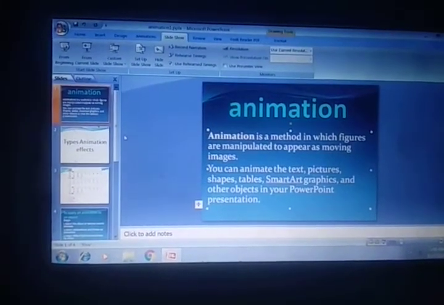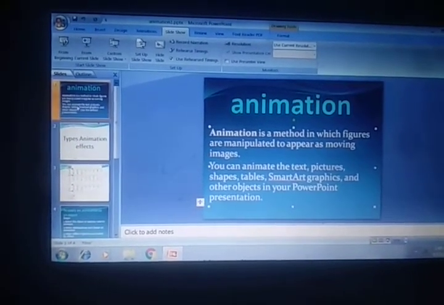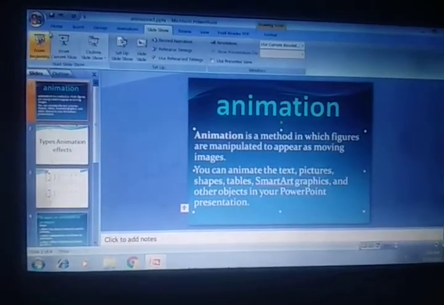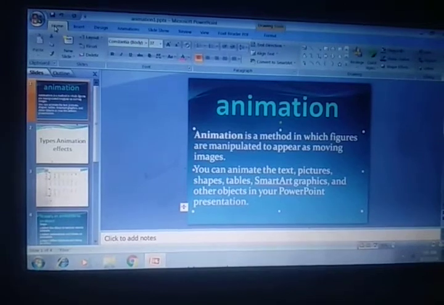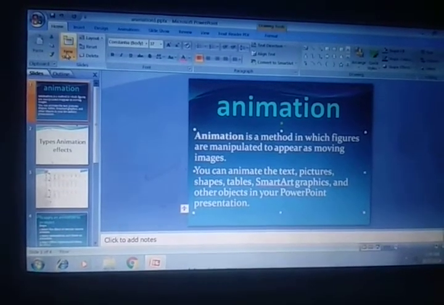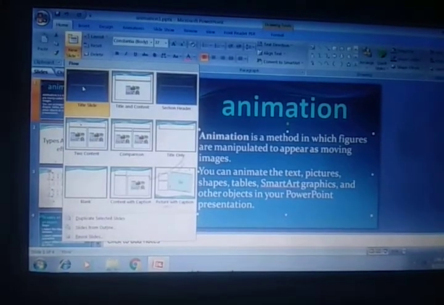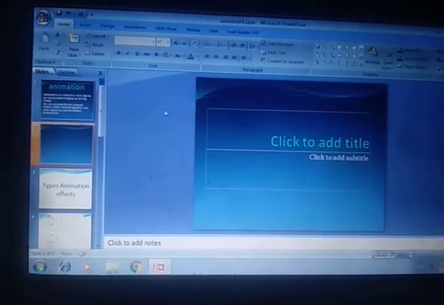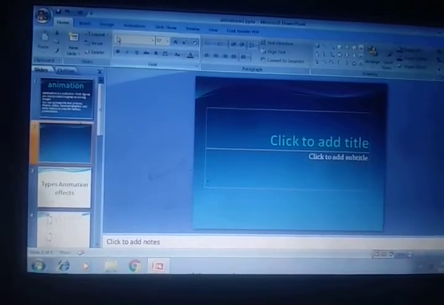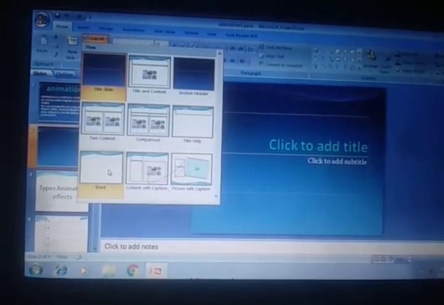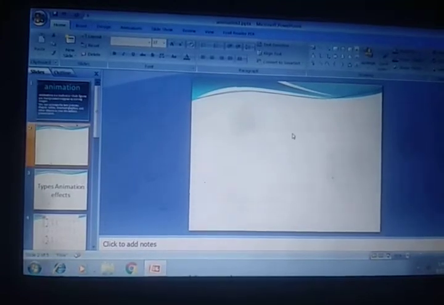Okay. Then how to give animation. Just see. Go in the home tab, new slide, choose the desired slide layout. You can choose a blank slide also. I am taking the blank slide, this one.